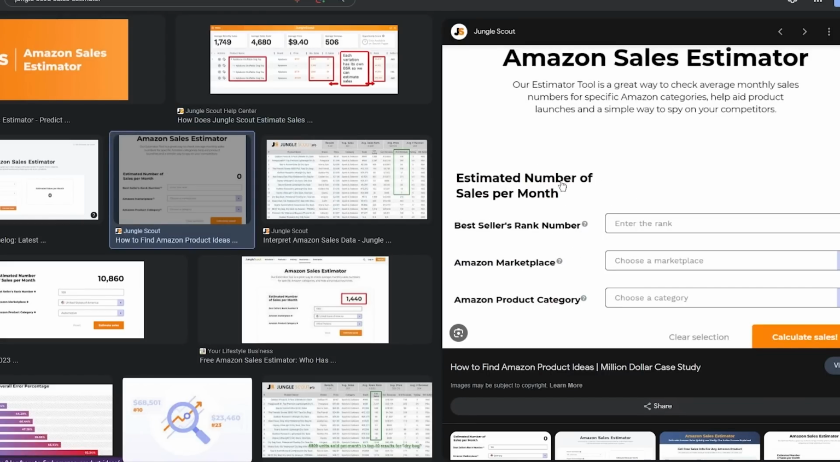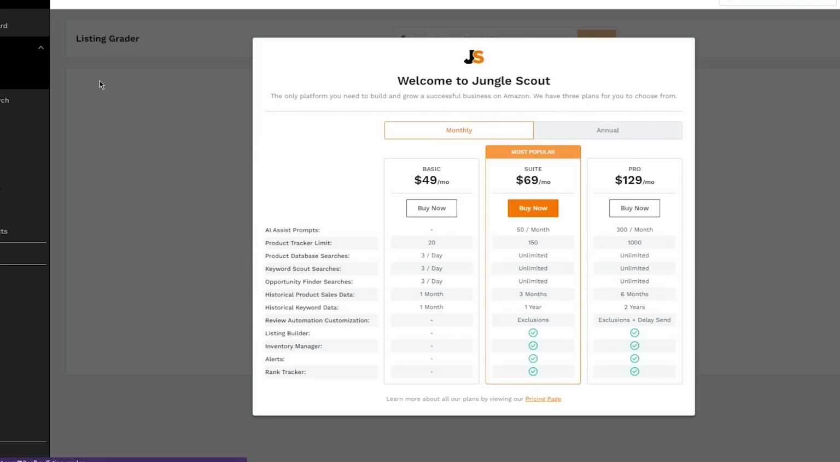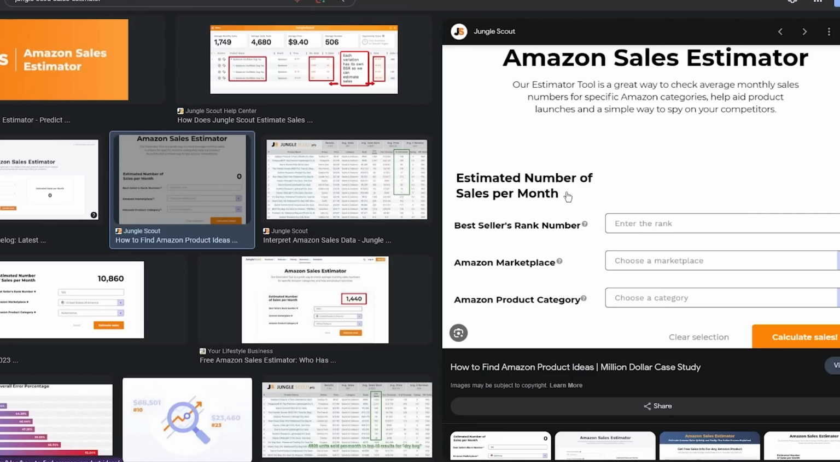So, estimated number of sales per month. Their estimator tool is a great way to check average monthly sales numbers for specific Amazon categories and help aid product launches, and a simple way to spy on your competitors. It's a pretty simple way to get an idea of how much sales you're going to make. So the estimated number of sales per month is calculated